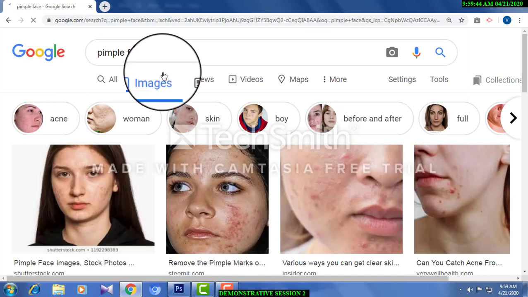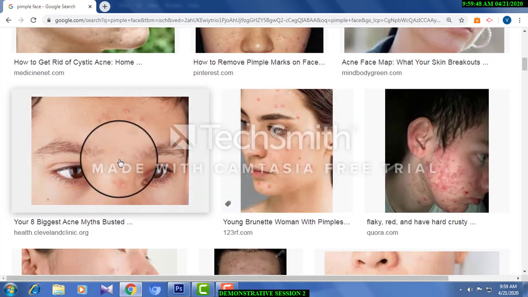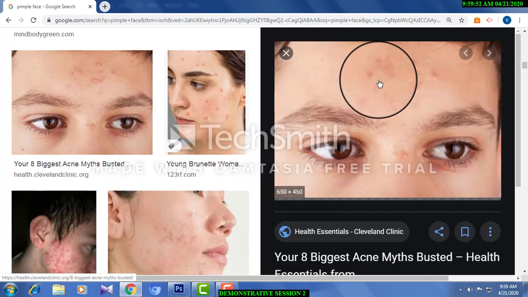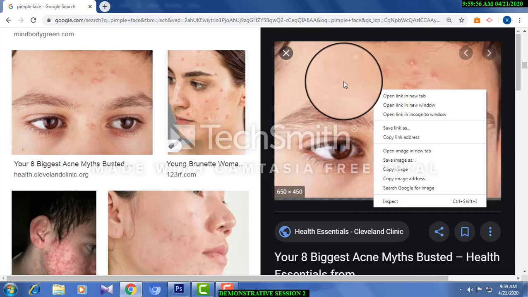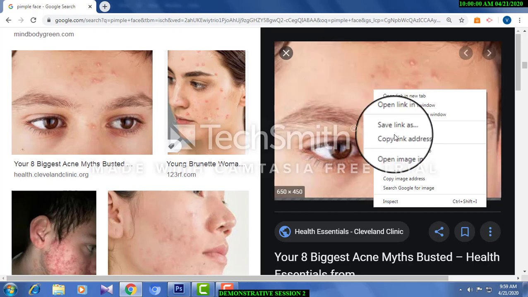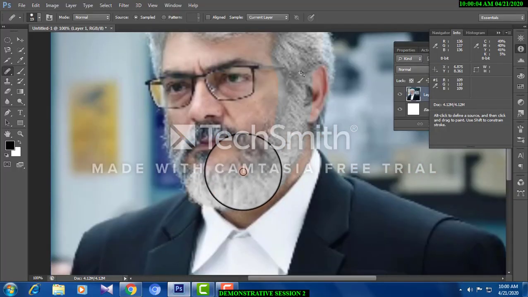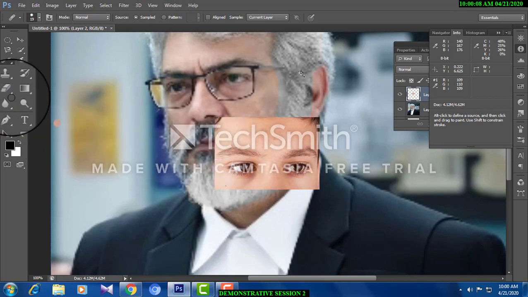You can use this healing brush, for example, on a simple picture. I'm choosing this picture. It is loading. It takes time, so I'm just taking it as it is. Bring it here. Paste it here. Look here. You have got some pimples here.